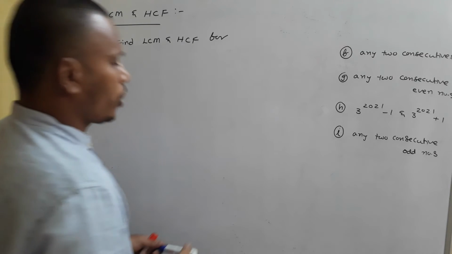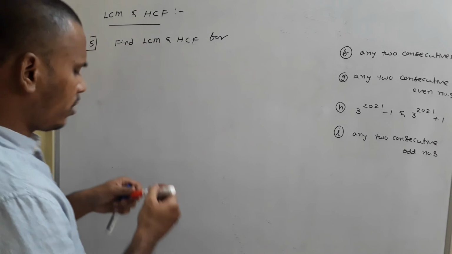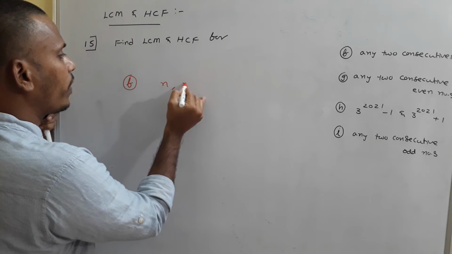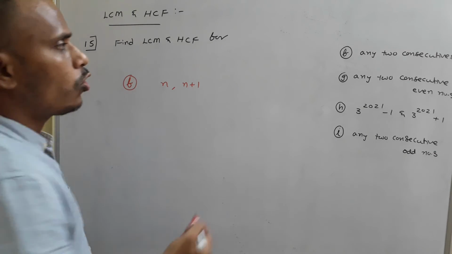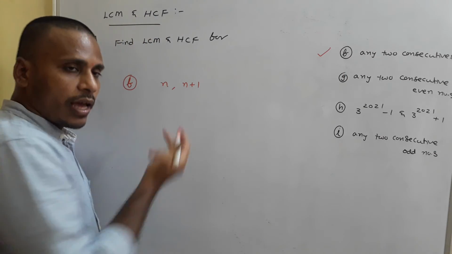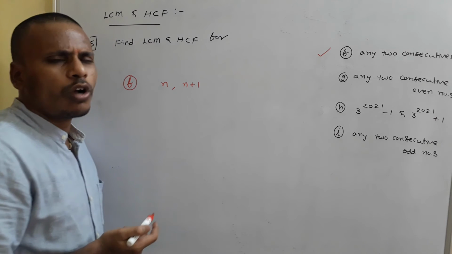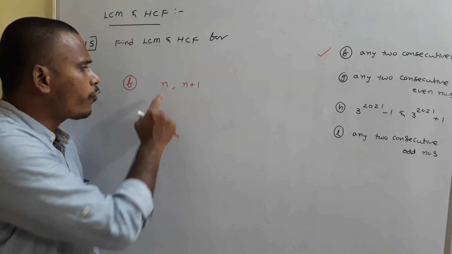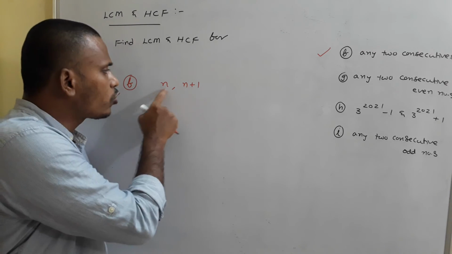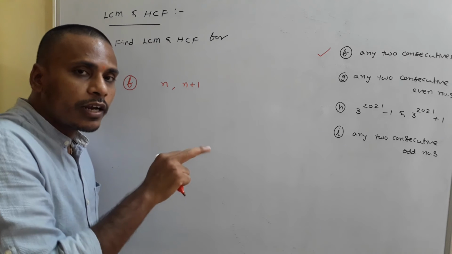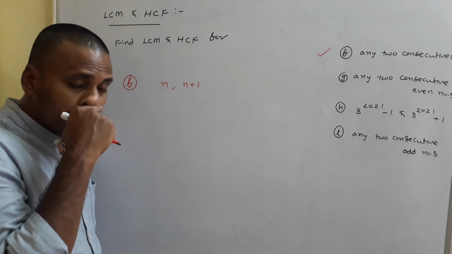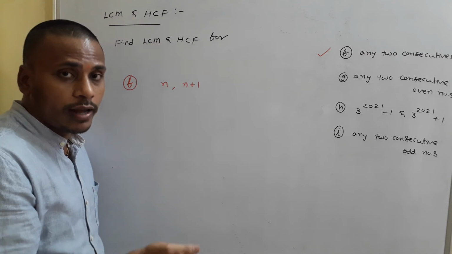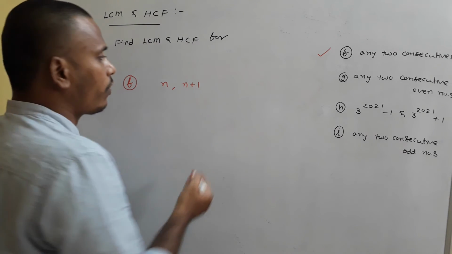So any two consecutive numbers, you just take any two consecutive numbers. See, consecutive numbers means if one number is n, then the other number is what? n plus 1. So if you take any two consecutive numbers n and n plus 1, for these two there are no common factors, right? You just search in your own way. For suppose if you say 2 is a common factor, that means these two are multiples of 2. For sure there must be a difference of 2 between them. For suppose if you say 5 is a common factor, there must be a minimum difference of 5 between these two numbers, but it is not happening. And that's why there is no common factor for these two.